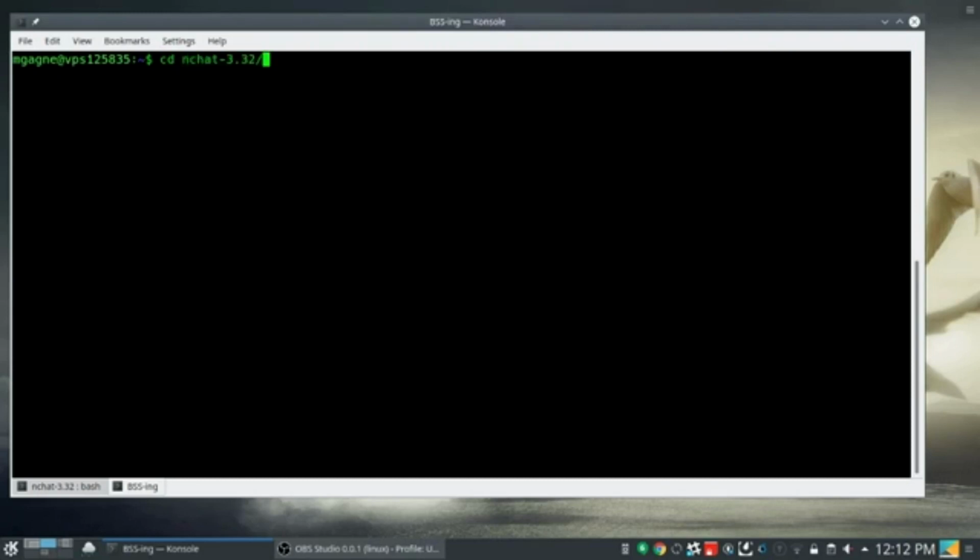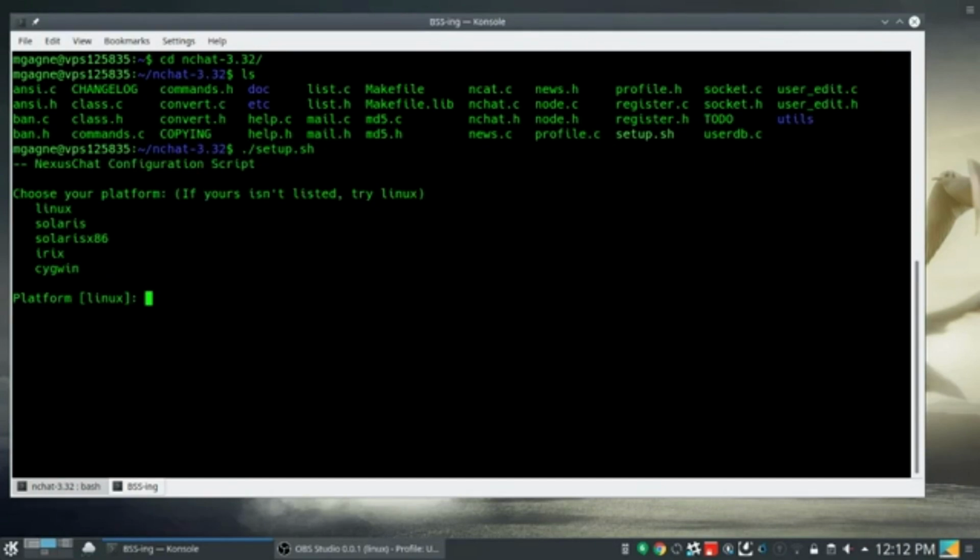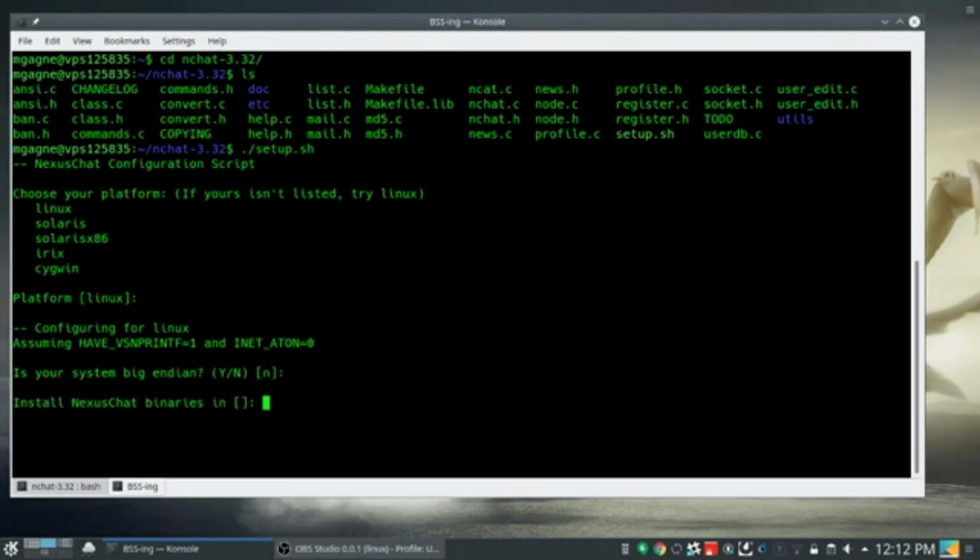So okay, let's go to nchat32, and let's run setup.sh, because there was a setup.sh file. Platform: Linux, Solaris, so that tells you that it's been a while here. Cygwin. Is your system big endian? I don't know. Let's just say no. Install Nexus chat binaries in /home/mgagne/nchat. Let's do that. I don't know if that exists yet. Base data directory home nchat. Oh, sorry. Apparently I did that wrong. So mkdir